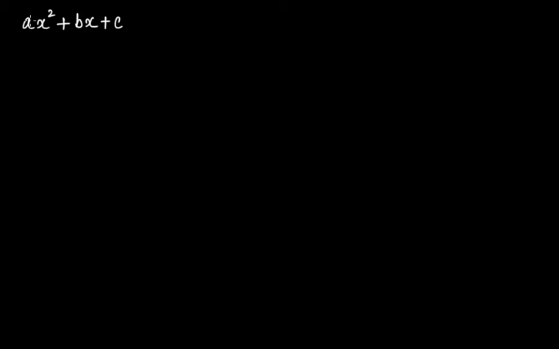We know that a quadratic polynomial can have maximum 2 linear polynomials as its factors. Since it has degree of 2, that's why its 2 factors will be 2 linear polynomials. Let's say that the first linear polynomial is px plus q and next one is rx plus s. Now since these two are factors of it, therefore we can write it as (px plus q) multiplied by (rx plus s). Okay, now